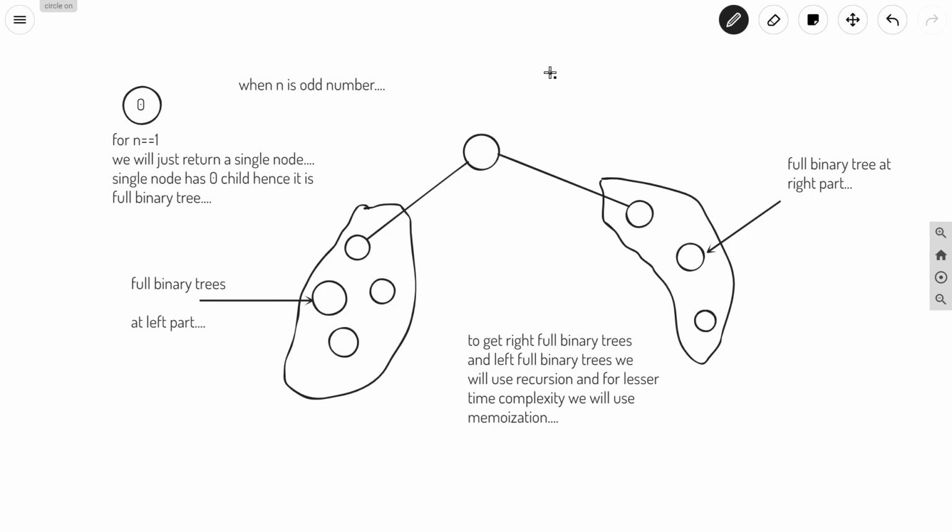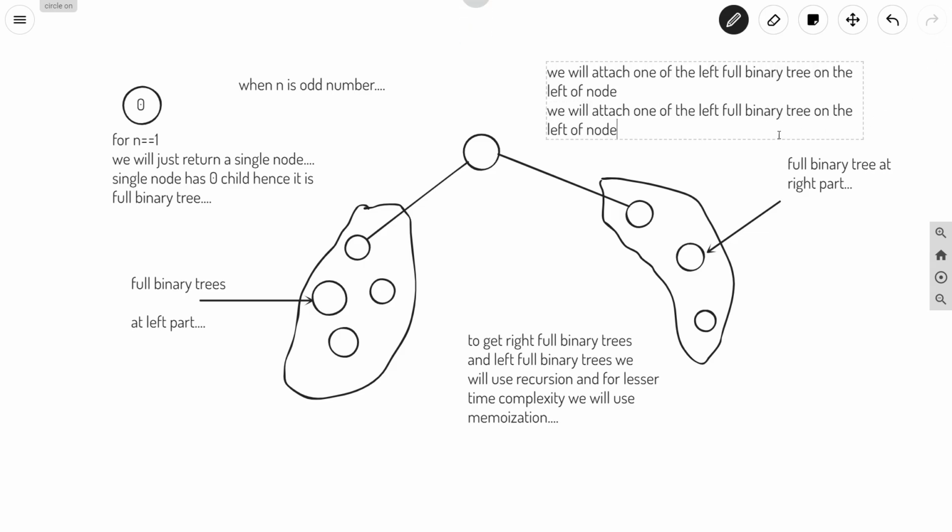And what we have done, I will write here: we will attach one of the left full binary trees on the left of the node, and similarly we will attach one of the right full binary trees on the right of the node. So this is our given node. On this node we will attach one of the left full binary trees.